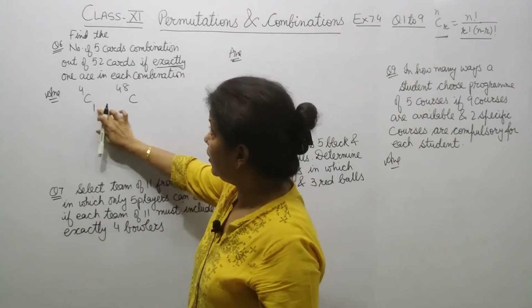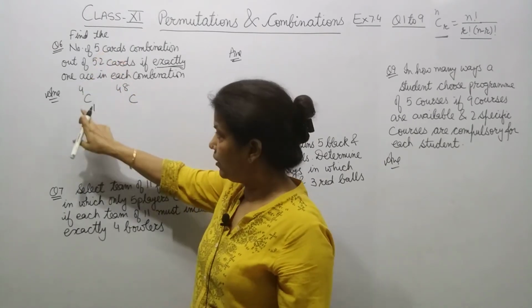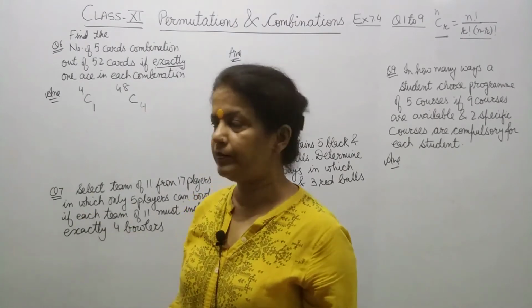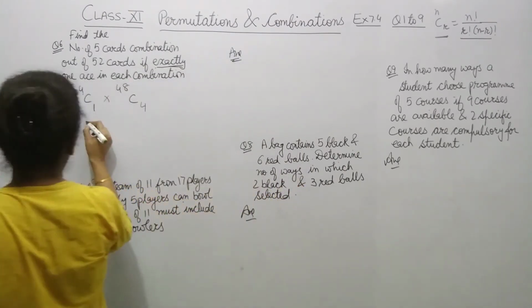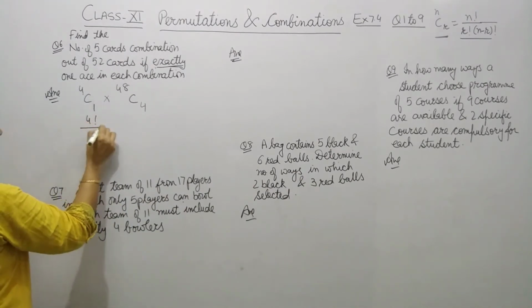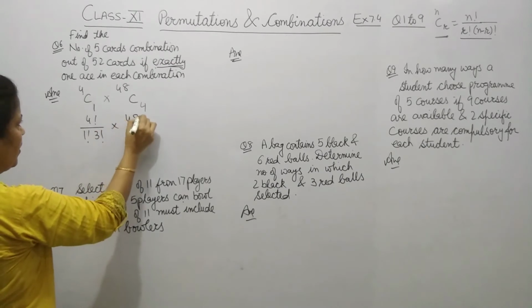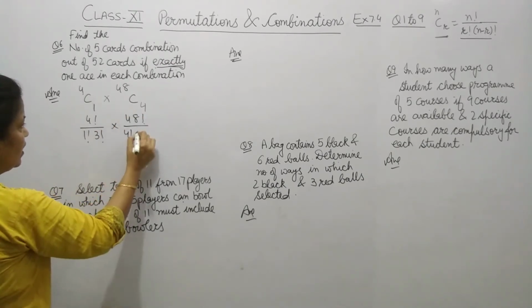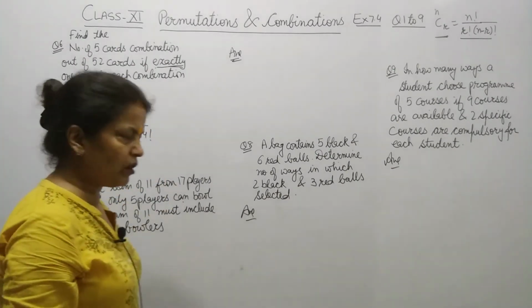Selected over here. So, out of 48, you have to make the combination of 5 cards. One is already there, so the left is 4 cards. Now, multiply them together to get the answer. So, it will be 4 factorial upon 1 factorial into 3 factorial, multiply 48 factorial upon 4 factorial into 44 factorial, and then you can solve it.